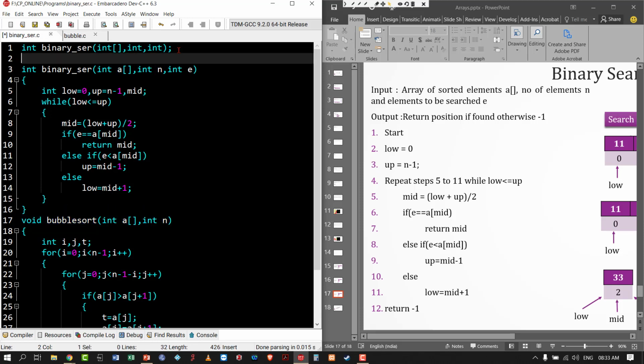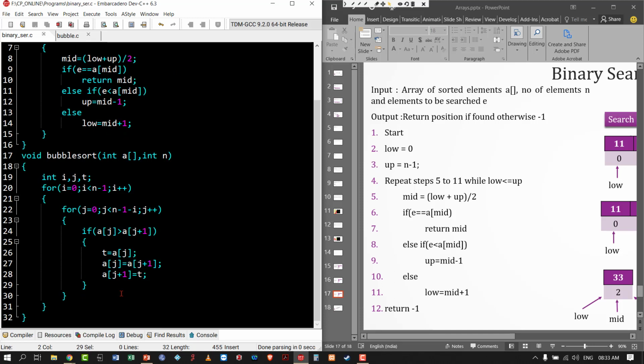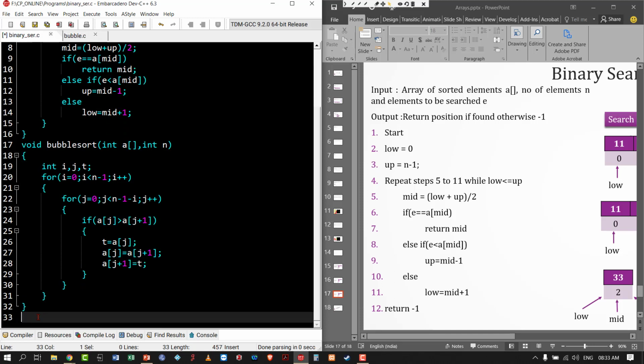So I am declaring bubble sort also. It is not mandatory. Now there is an algorithm to sort an array and an algorithm to apply binary search. Next I am writing the main function.